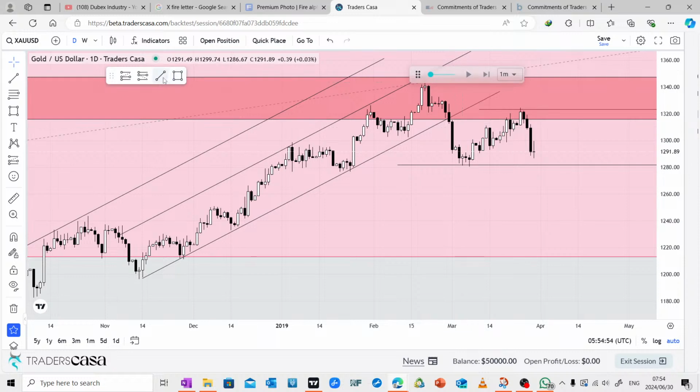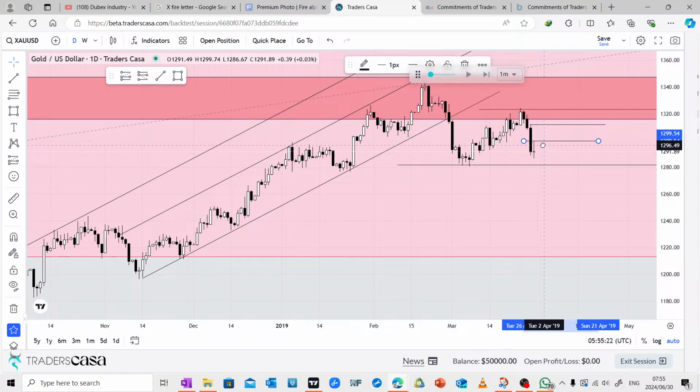So let's mark off these daily highs. That's a daily high right there. And looks like we might have a fair value gap right in there. So we want to see the market rally up and at least into 50%, which is right here of this candlestick. Then we can short. We can continue going short